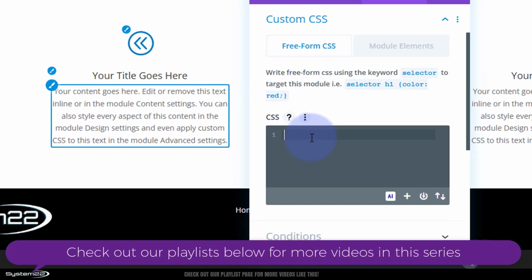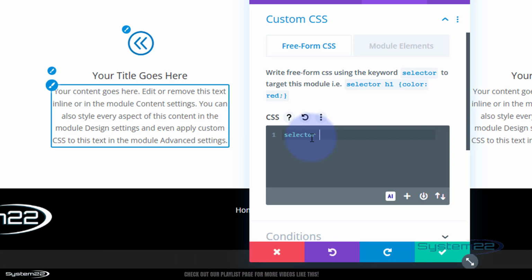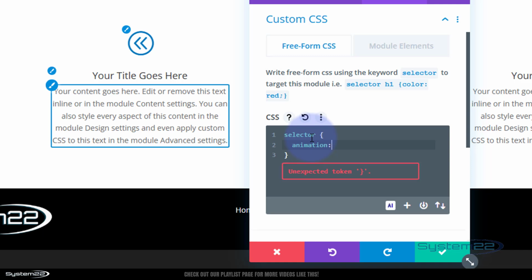So I want to affect this particular module. So I'm going to say selector. Then we'll open and close some curly brackets. And inside, we can tell it what we want it to do. But I want to create an animation. Let's say colon, I'll give it a name. We'll say FLO1,